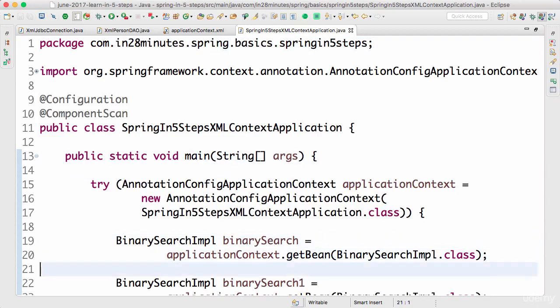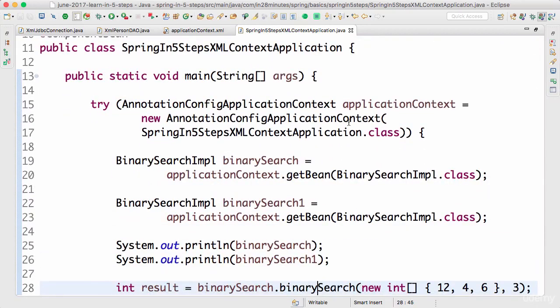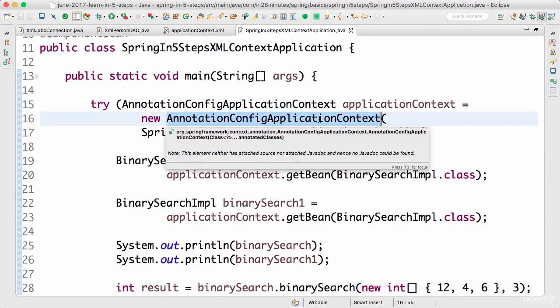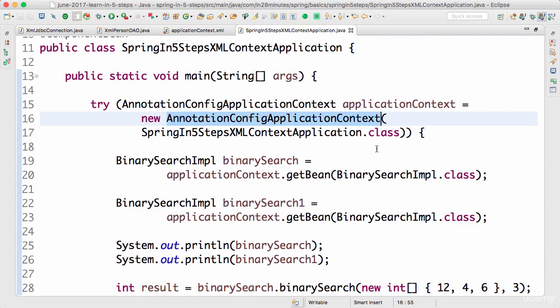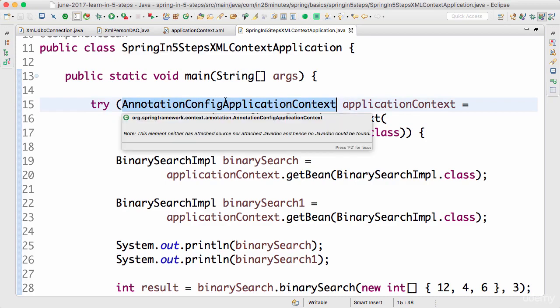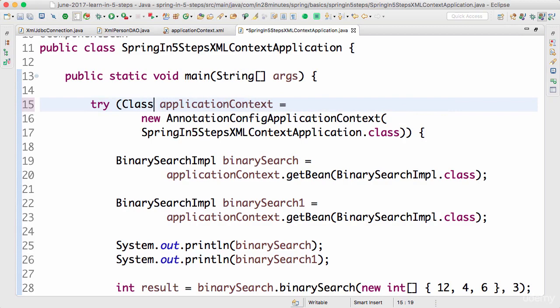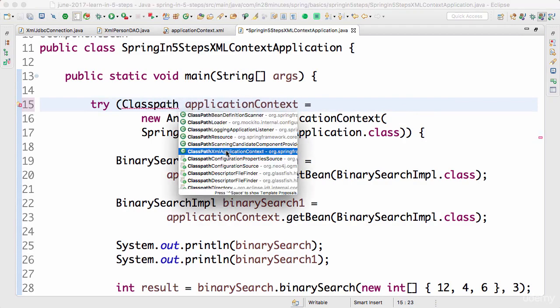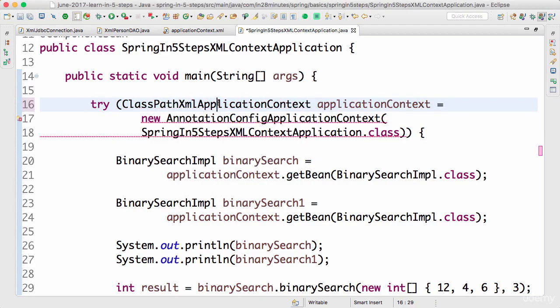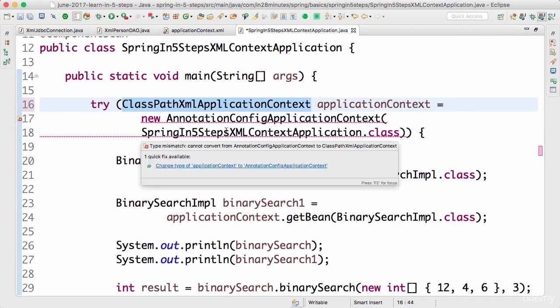Now, over here, what we would want to do is load an application context using XML. How do we do that? For loading the Java context, we used annotation config application context, right? Similar to that, there is something called class path XML application context. So we create a class path XML application context.